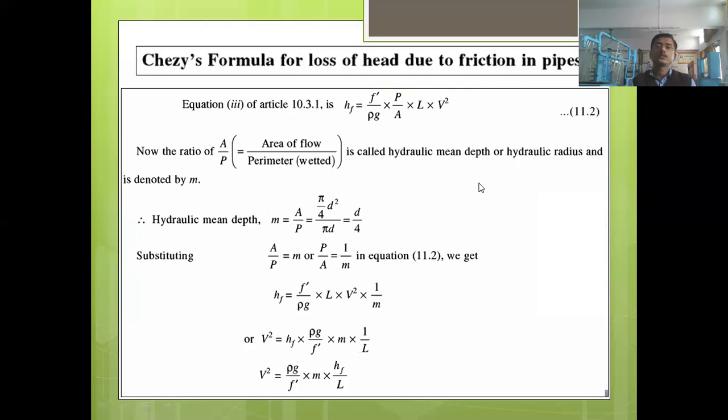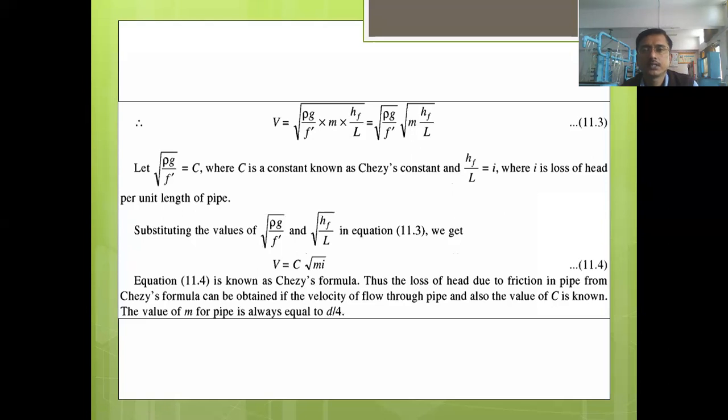Directly come here and write down this equation: